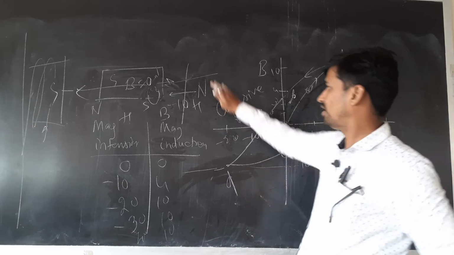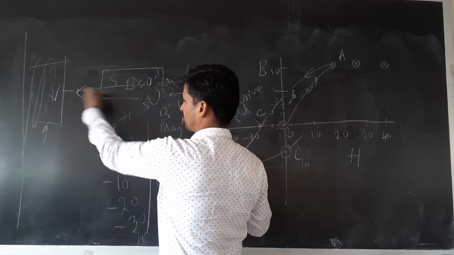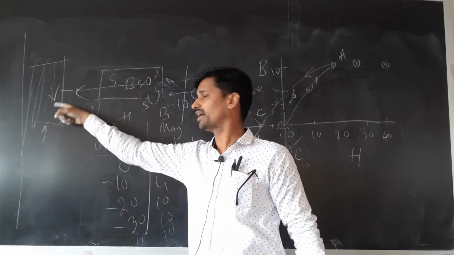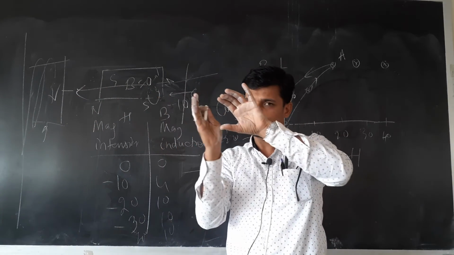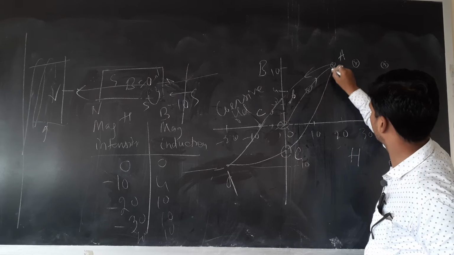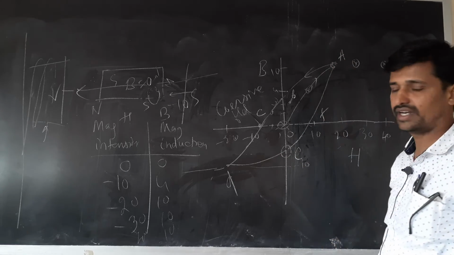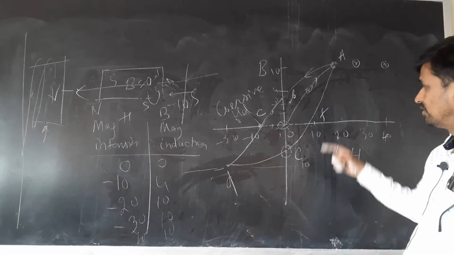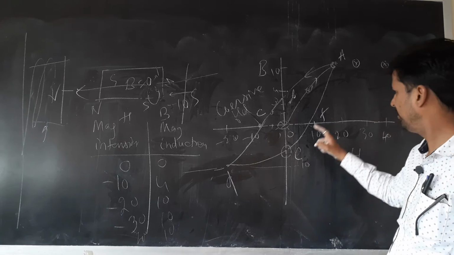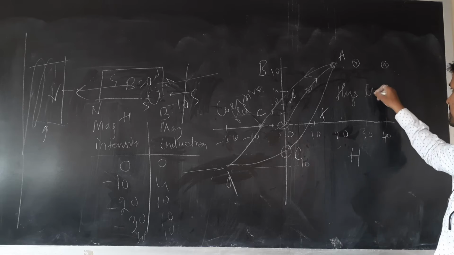What is done is, now again the magnetic field is reversed. This is made north, this is made south. Now the magnetic field is opposite. What happens is, its magnetic field and the applied magnetic field are opposite, so its magnetic field goes on decreasing. Let us see, if you produce it in the forward direction, to your surprise it is going to meet exactly at the same point where it started from. Now the curve O, A, B, C, D, E, F, A is called the hysteresis curve. What is it called? Hysteresis curve.